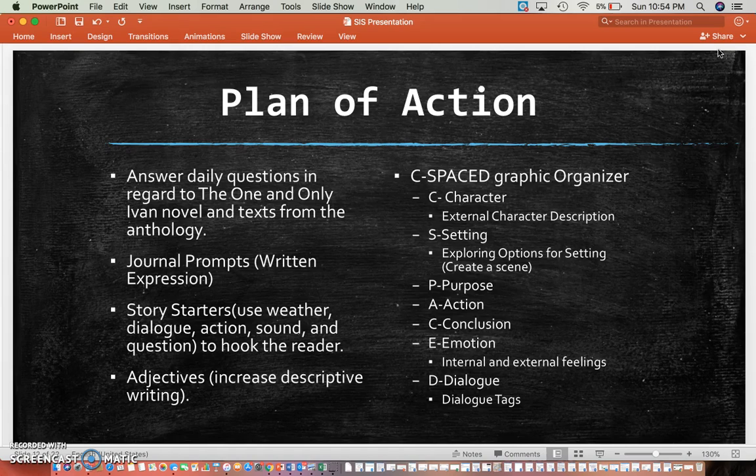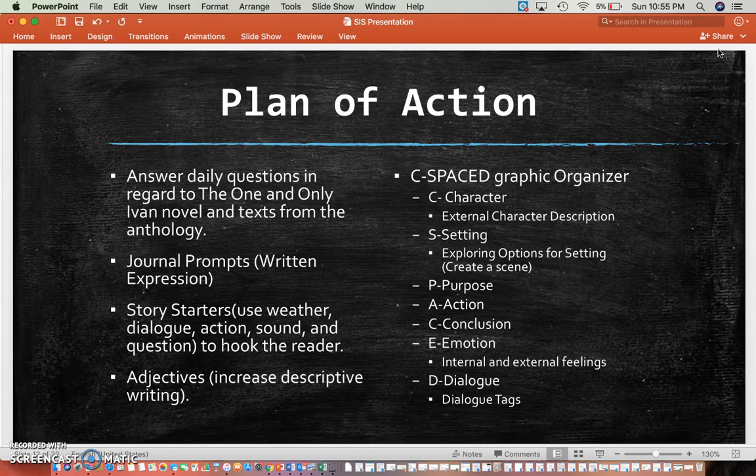Then, as you can see over here, this is where I'm really bringing in the C-SPACE strategy. It says C-SPACE for a reason. With the graphic organizer, we know C stands for character, and I specifically found a strategy through the Writing Strategies book called External Character Description, and this just helped them describe what their character looks like from the outside. You then have setting, where the students were to create a scene that explored a specific setting where their characters would be. I used this organizer and I helped them produce